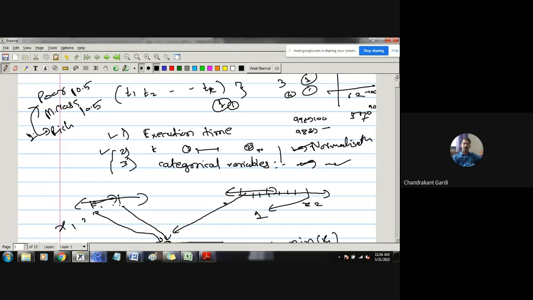Even if these are categories, these are not nominal categories. These are measured on an ordinal scale, in the sense there is some hierarchy between them: poor, middle class, and rich. We will not say poor, rich, and middle class. Either we will say rich, middle class, poor, or poor, middle class, rich. There is a hierarchy, and therefore it is measured on an ordinal scale.